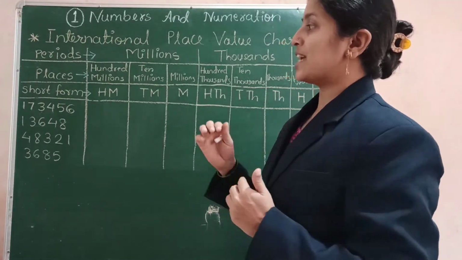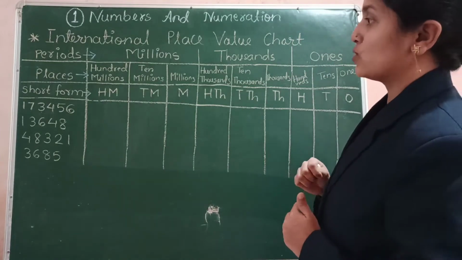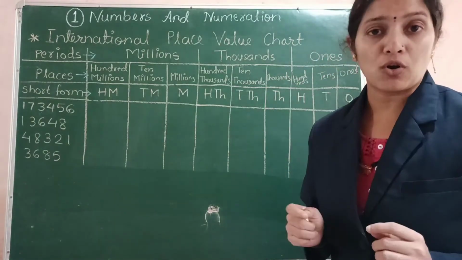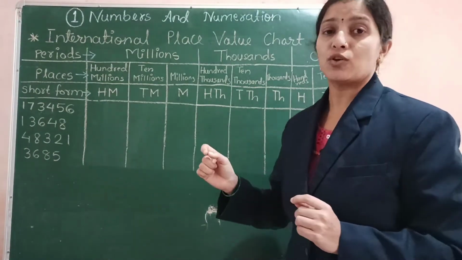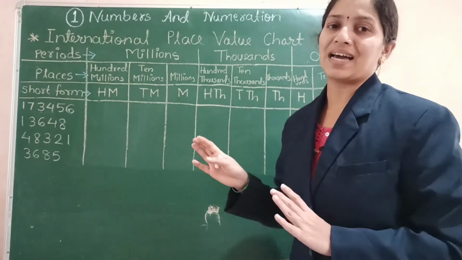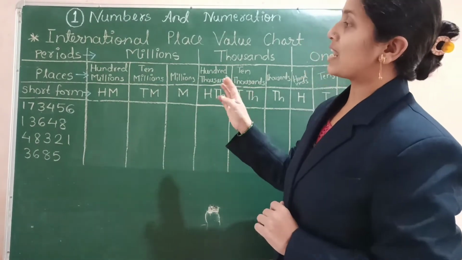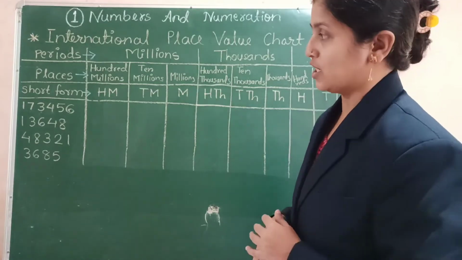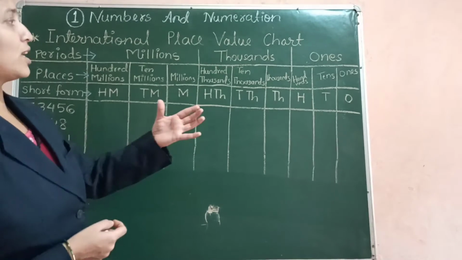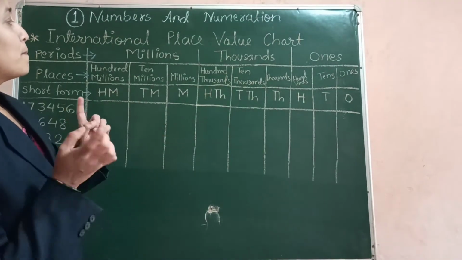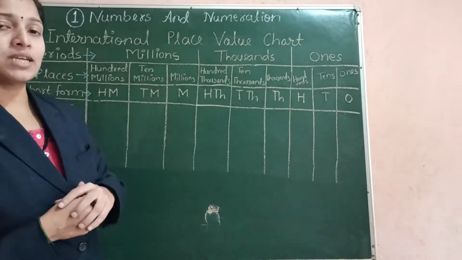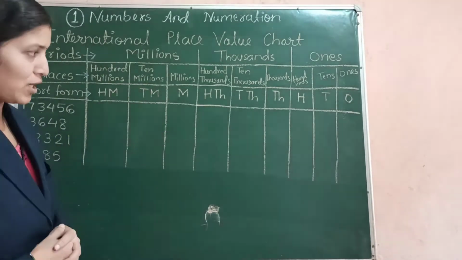But the rules that we followed in the Indian place value chart are the same: we should divide the periods by using a comma, and we should always use the singular form when we read or write the numbers. All those rules are similar. Only the periods and places have changed. We need to do a lot of revision and practice so that we don't get any problems when we use the Indian place value chart as well as the international place value chart.